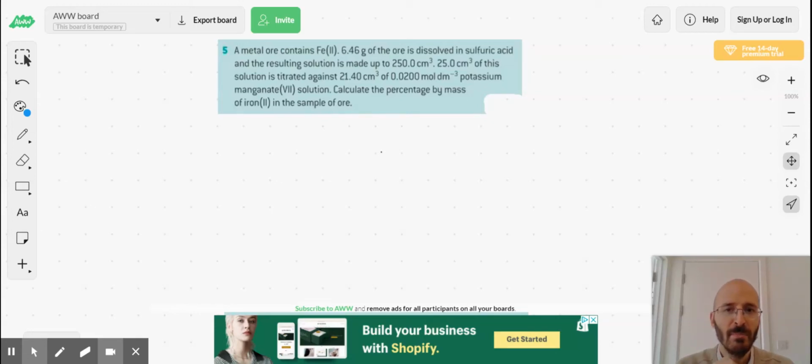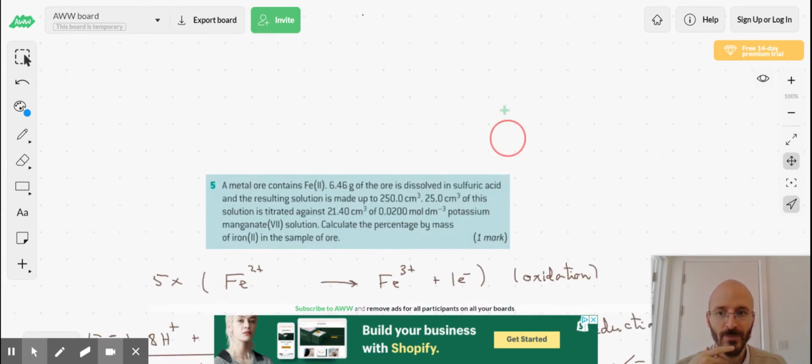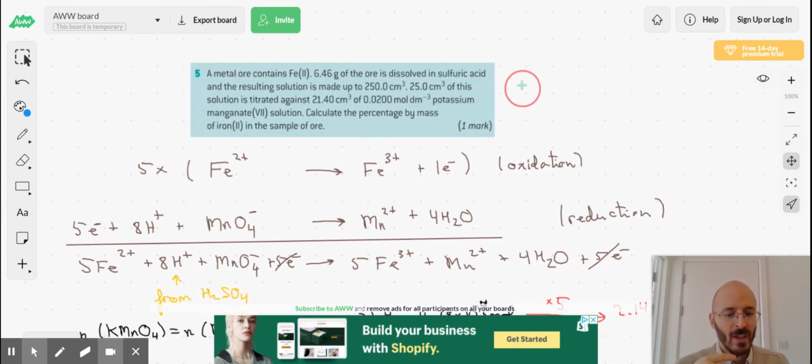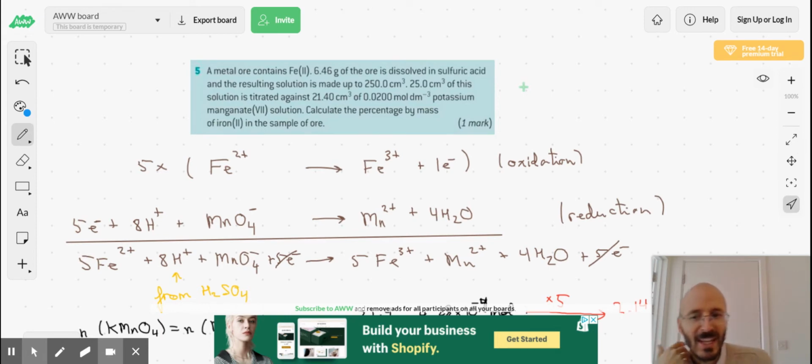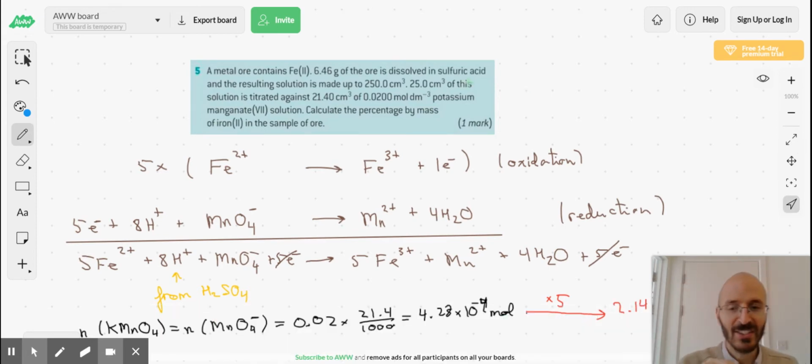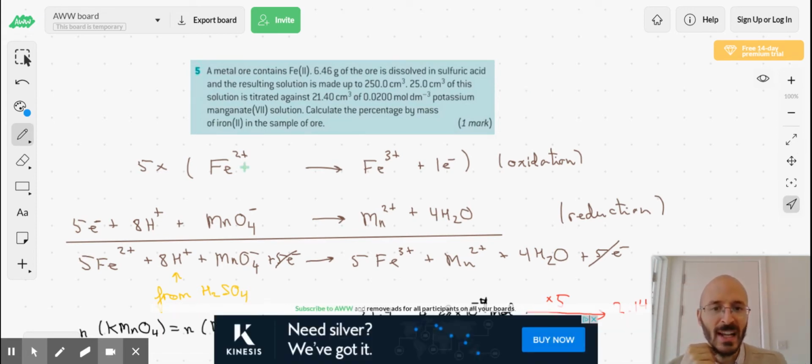This question is based on a redox titration calculation. I think it's a tricky question because it's not just the titration calculation, it's the chemistry in it. So we have to know that in this reaction, iron 2 is going to get oxidized because it's reacting with potassium